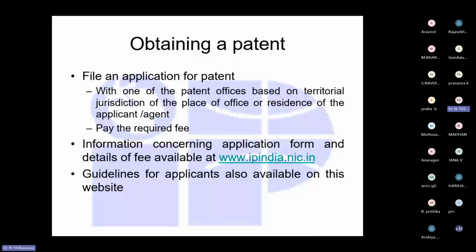If you want to file under the PCT Act or Budapest Treaty, you're supposed to file these two forms. Like if you want to get a German patent or US patent or some other country's patent, you're supposed to file forms like 25 and 39. Form 26 is the authorization of the patent agent. And Form 27 is a statement regarding the working of the patented invention for commercial scale. So this is all, patent forms number 1 to 30.